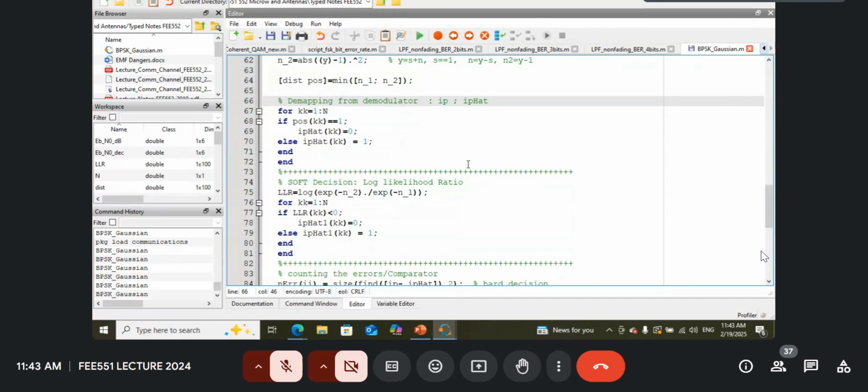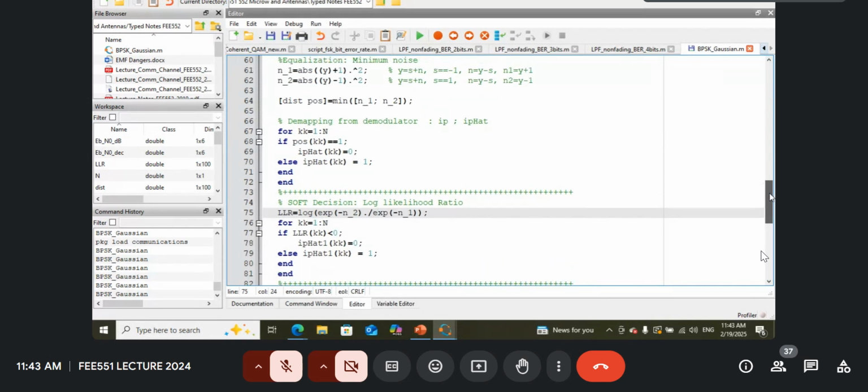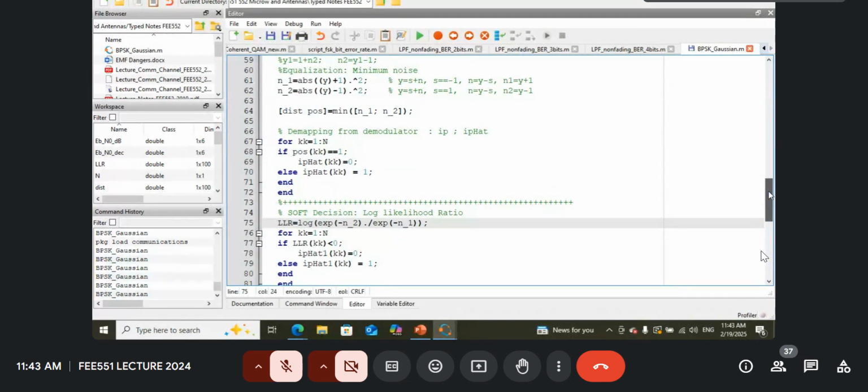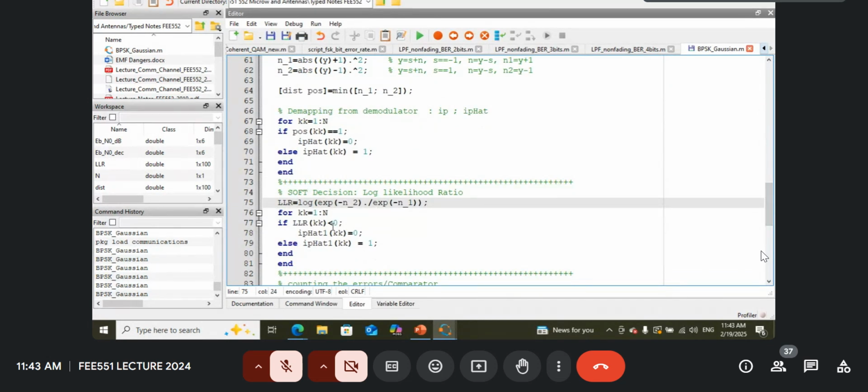So instead of just N1 and N2, you are going to put the Gaussian exponents, exponent N2 over exponent N1. With that, you check the likelihood ratio. That's the soft decision. So if the log likelihood ratio is less than 0, then you say that the estimated input is actually a 0. But if it is more than